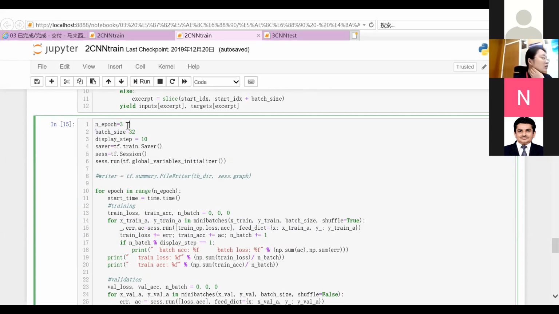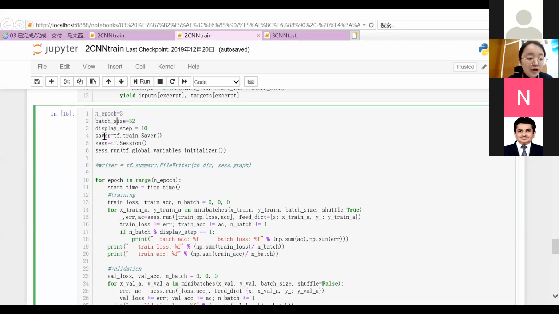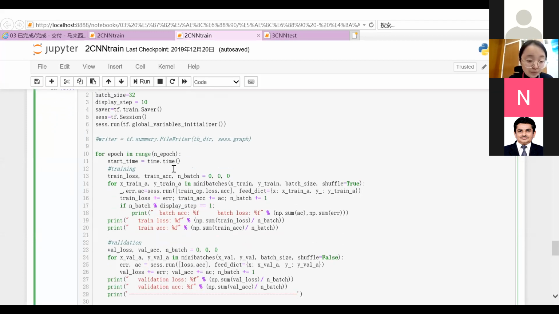Just like when we read a book, we are allowed to read the book for 3 times. That is the meaning of number of epochs. So here, the model is allowed to look at the images for 3 times. And here the batch size equal to 32. Here we also define the tf.train saver to train the model,